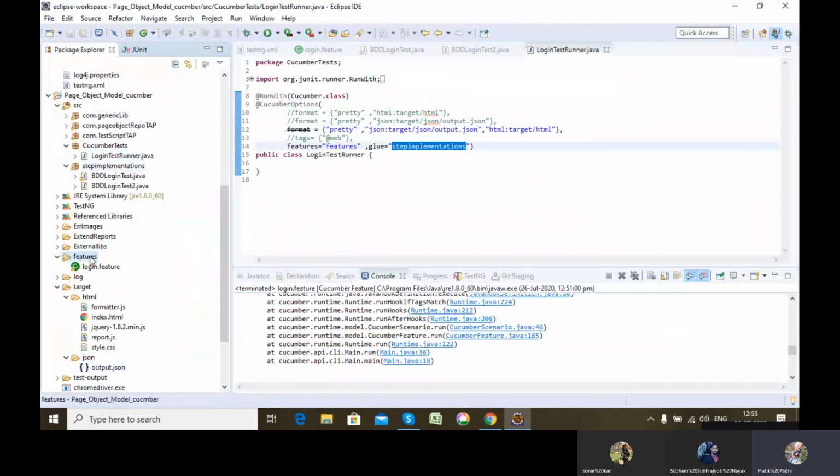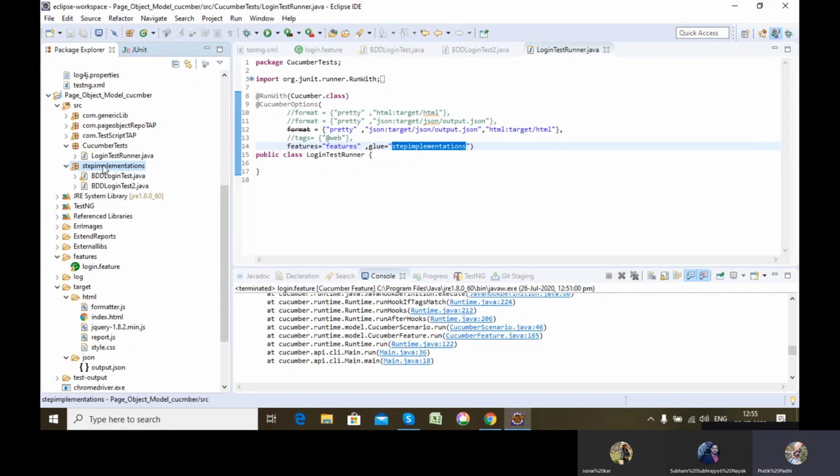So you saw how to hook up using the code: features points to the folder and all the feature files inside it, and glue equal to step implementation means it will pick up all the Java files present inside this package. So my hookup part is done.